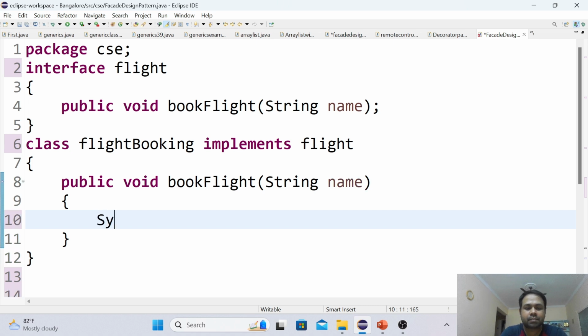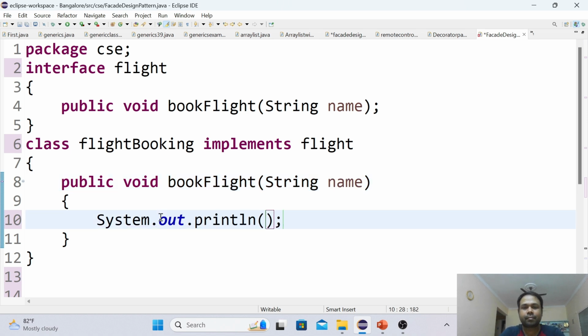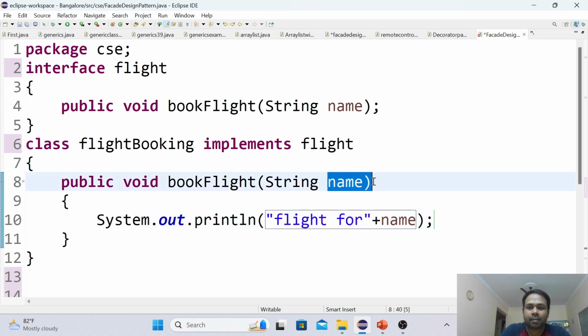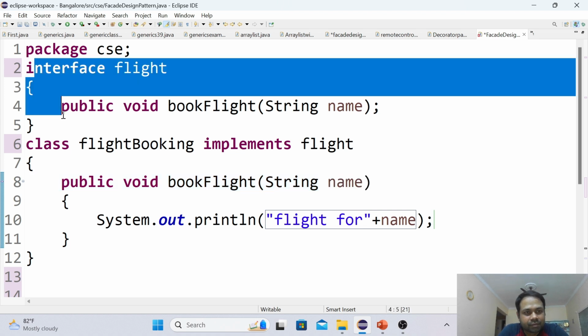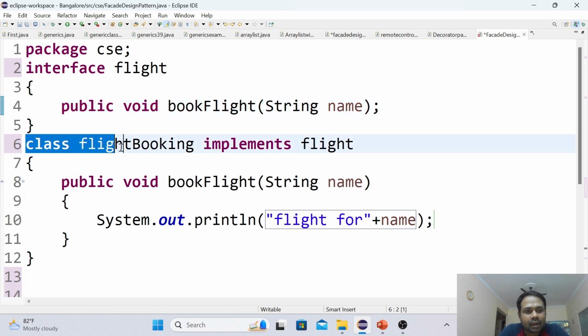Let me display whatever the name parameter I have taken. Let me add some message, flight for, plus name. Whatever the name I am receiving to these parameters, that I will be displaying. Look here, I have created an interface flight with only a single abstract method, and I have created a class which